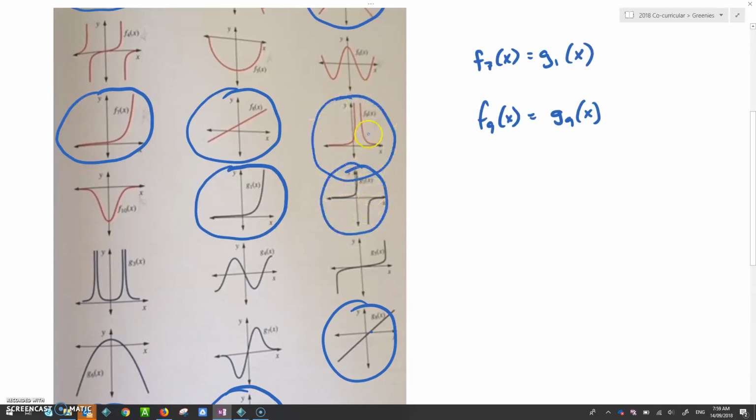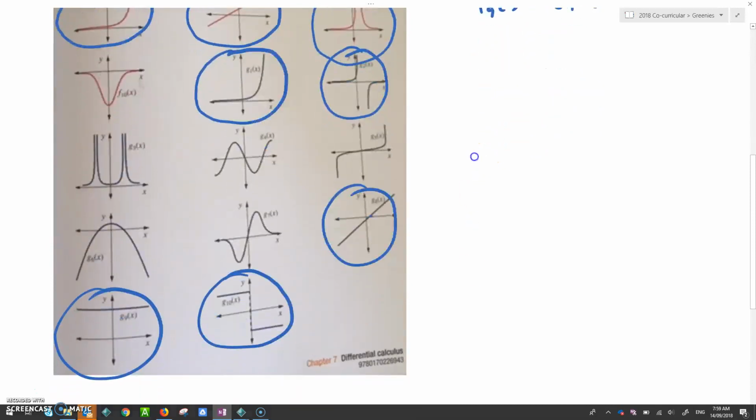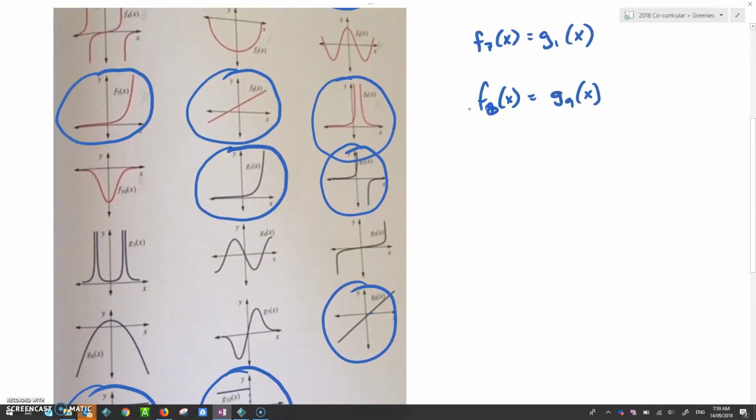So that's g2 and f, oh, that's 9. I wrote f9 of x before. Oh, that was f8 of x, that one. Sorry for the confusion there. f8 of x went with g9. f9 of x